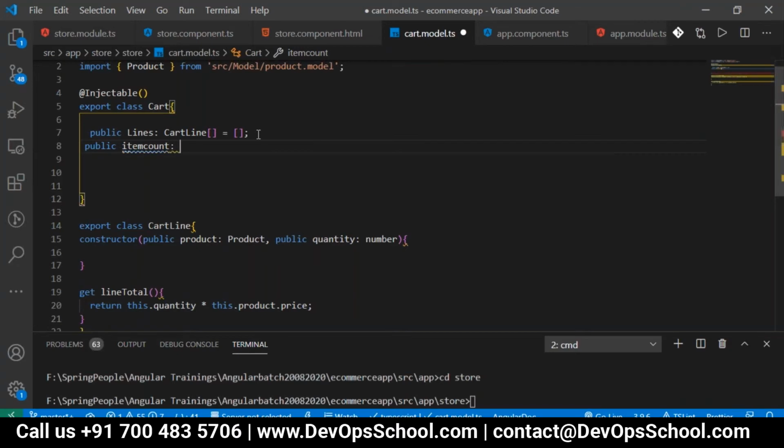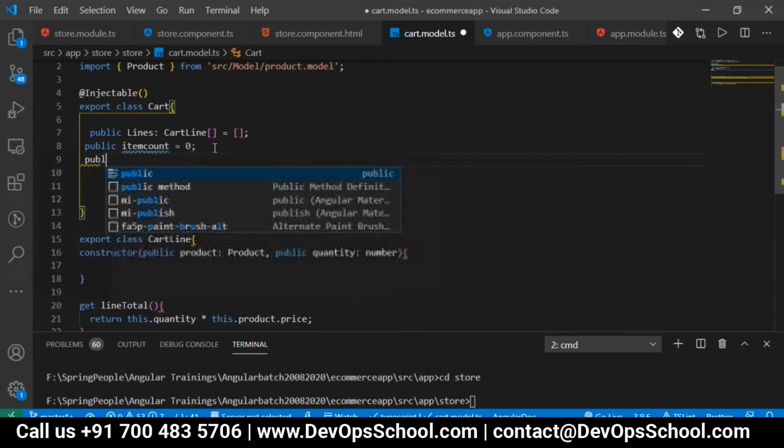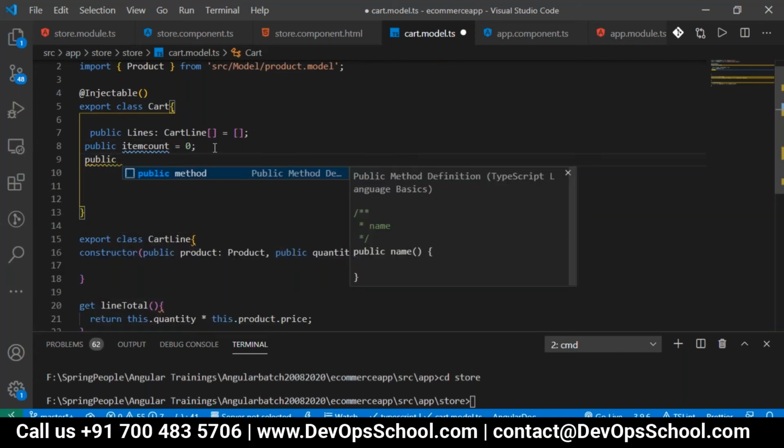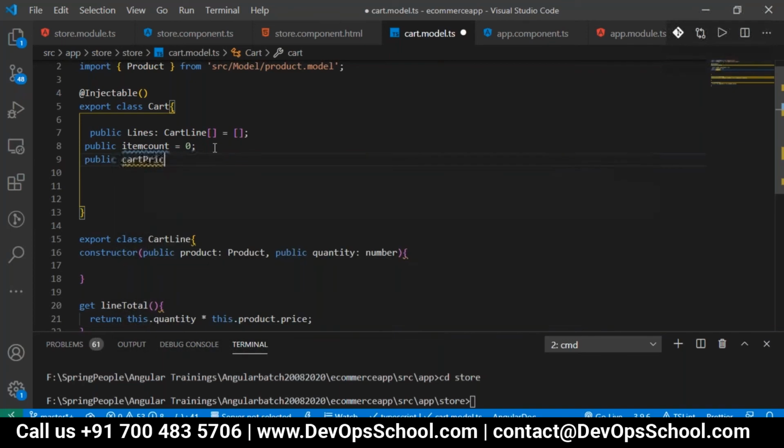Which is a type of number. You can directly initialize it to 0 also, because it will take it as a number type. Then public cartPrice. The total cart price is how much? I'm just initializing to 0.